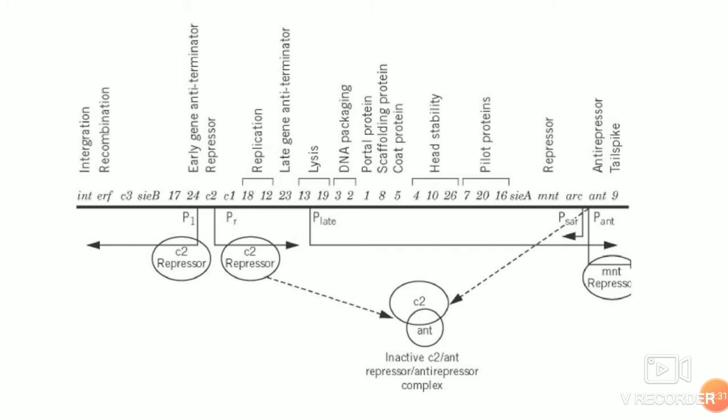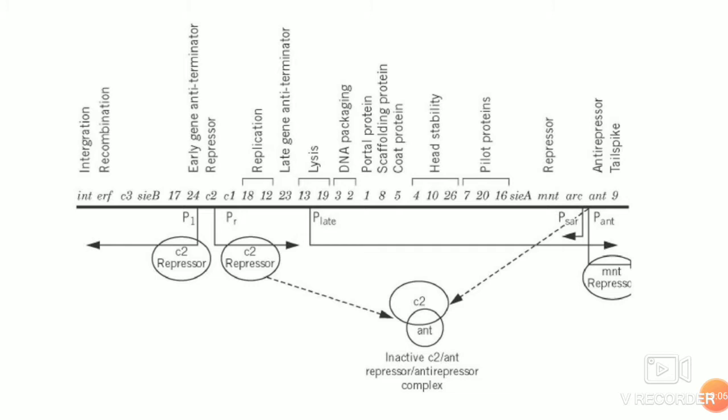An important thing is that there are two types of repressor systems in P22, the C2 repressor and the MNT repressor. Also an ANT protein is produced, which binds to C2 and relieves the repression by C2, that is, the activation of the lytic pathway. All the other genes are structurally important genes, which are very important in the lytic cycle. SIE is also an important function. We'll first talk about C2 and MNT and then we'll come to SIE.